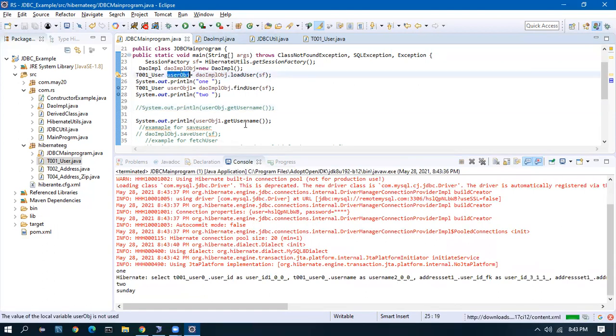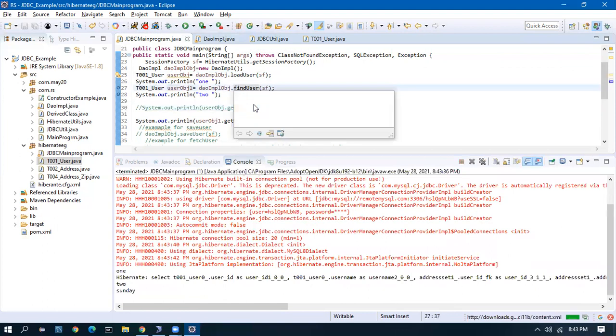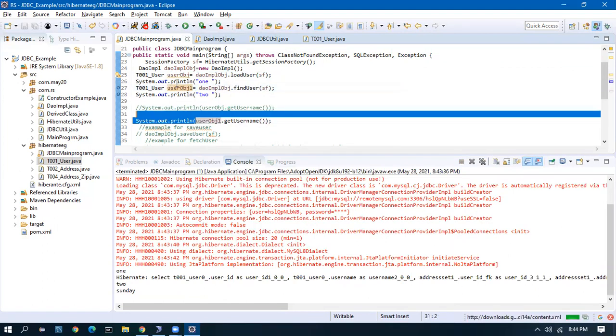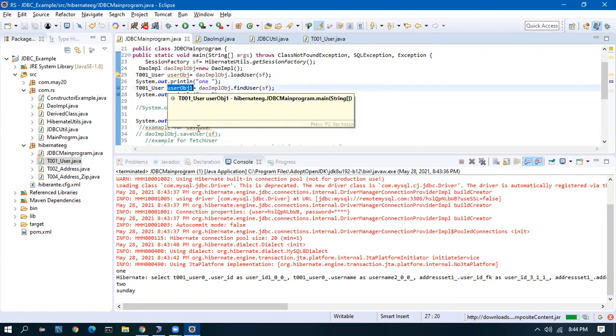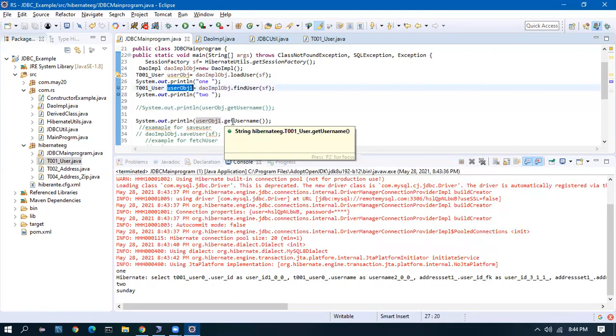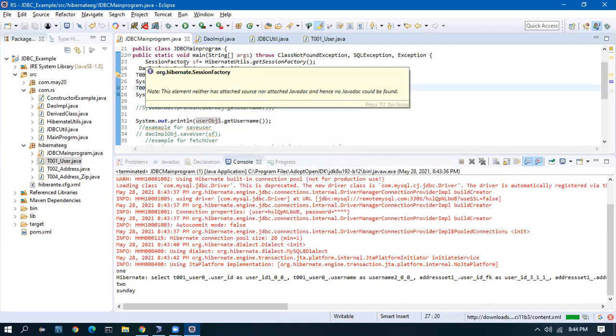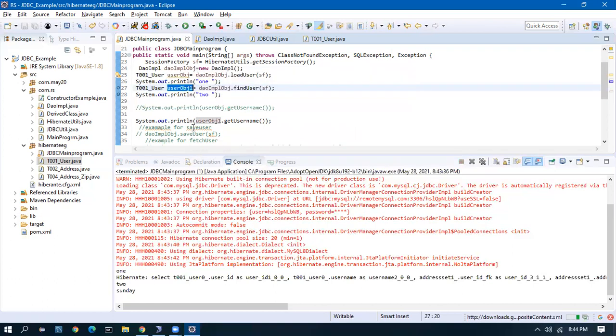The first object query will never be called. The second object query, 100% it is going to call, because we have called the find. So anyhow, it is going to have the value here itself in 27. So we print the value here. But in line number 25, we never have an object, or we never have a value. So it is not going to be printed. When we try to access using sysout, then it is going to be called and then we get the value.